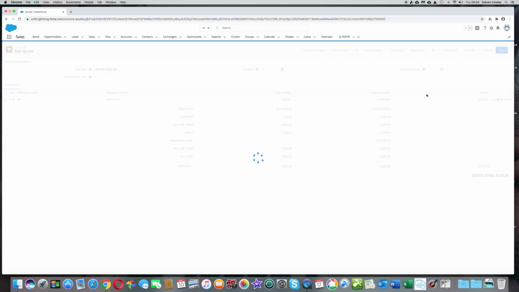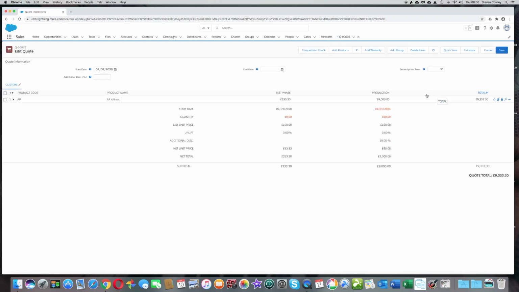When I hit calculate on there, you'll see we've had the increase there of 10 units, we've had the increase there to 100 units, but with the 10% discount,